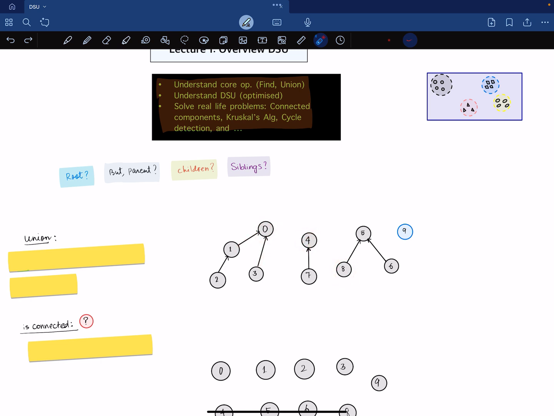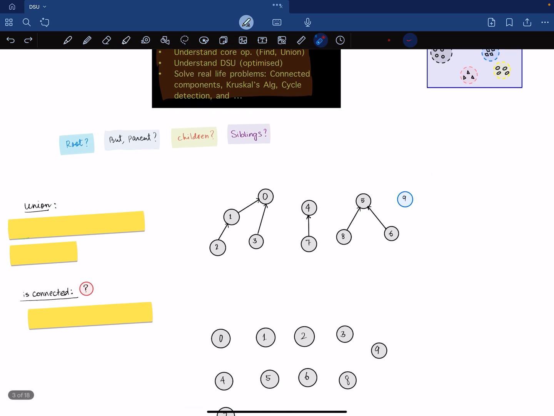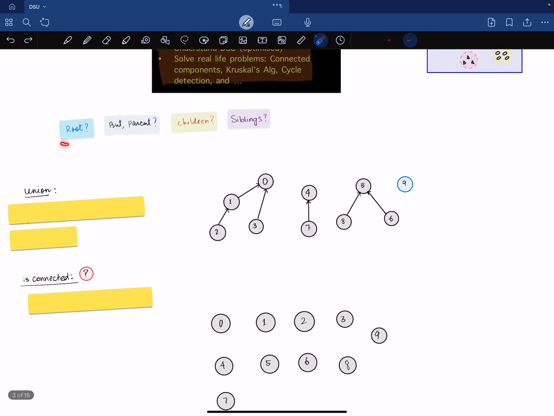Is 8 a root? No, it is not. Why? Because it is descending. Okay, is 9 a root? Yeah, 9 is a root because it does not descend from anywhere. Okay, that's it. So I think I have cleared out some of the important terminologies, and I hope these things